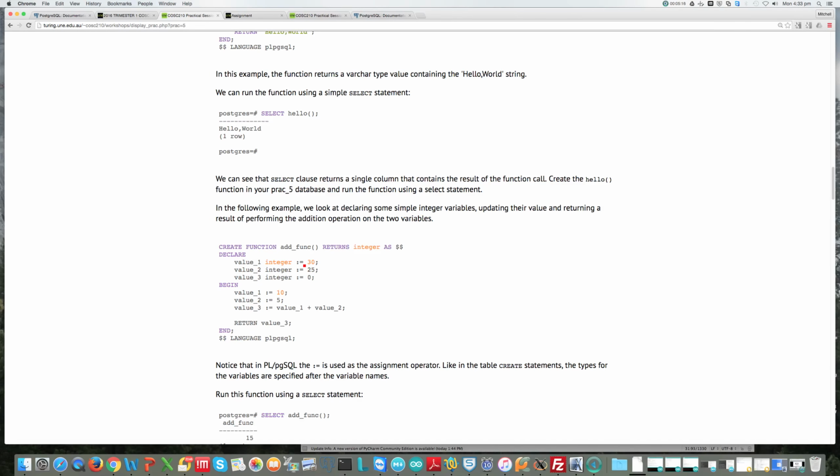A little note here is that the assignment operator in PGSQL is the colon equals, so we're assigning some values using this operator to value 1, 2, and 3. And we specify the type of our variable after we specify the name. So you can see here we actually grab our values, we reassign some data to them, and we print them